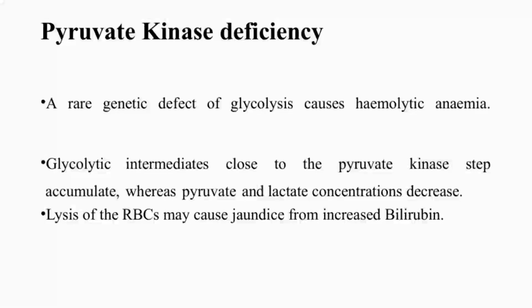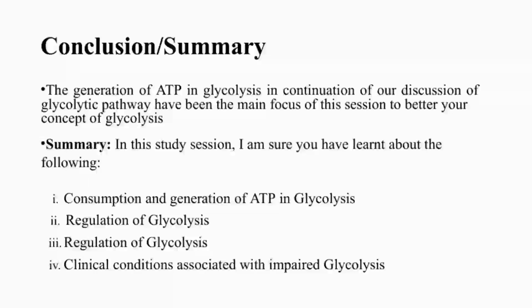Let's wrap up our discussion on glycolysis by focusing on how ATP is generated during this process. Throughout this session, our main goal has been to deepen your understanding of the glycolytic pathway and its significance in cellular metabolism. Remember, glycolysis involves both the consumption and production of ATP. Initially, ATP is used to activate glucose, but as the pathway progresses, it produces ATP through substrate-level phosphorylation. This net gain of ATP is crucial because it provides immediate energy for the cell,